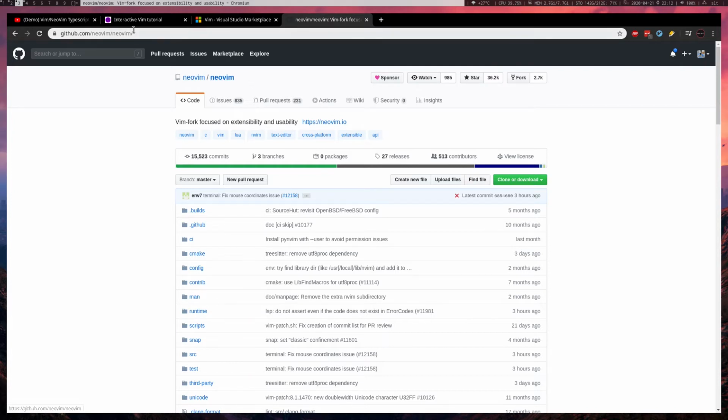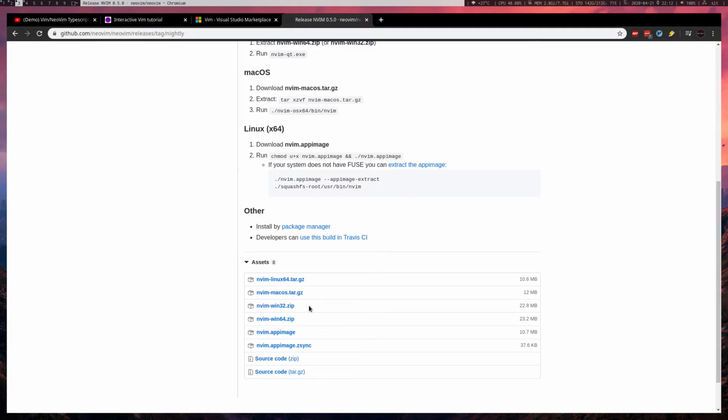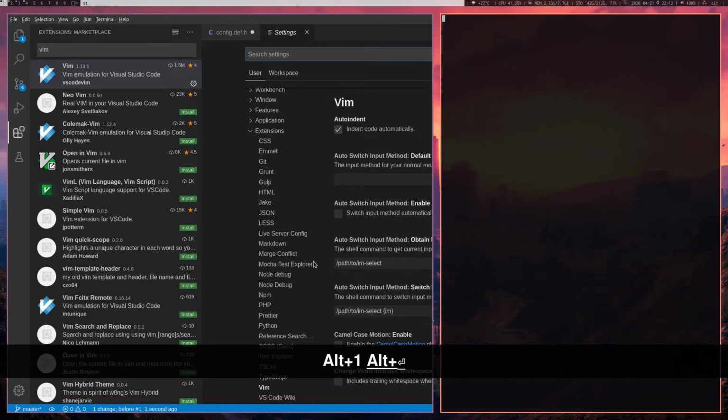So go to this repository. I'll put the link in the description again, and go to releases. Select the version. I'm going to use the latest one, which is 0.5. Then you've got the binaries for Windows, Linux, Mac, all of those, including the source code. If you're using Linux, install it with your package manager. Then I believe you should be able to run nvim